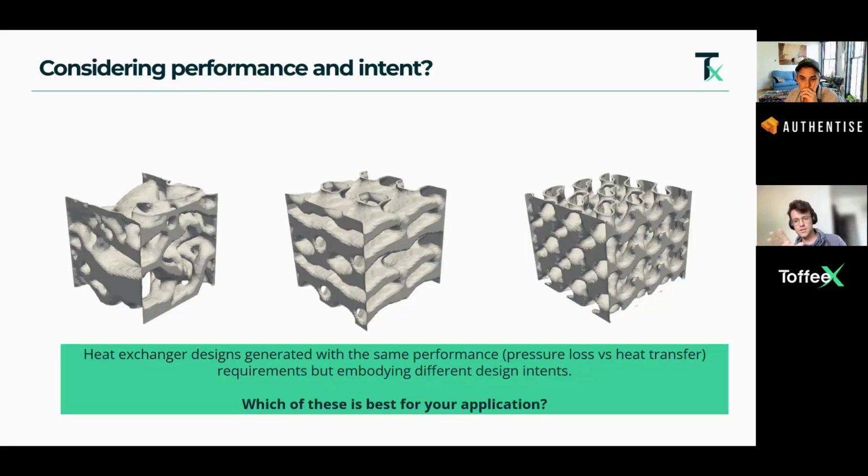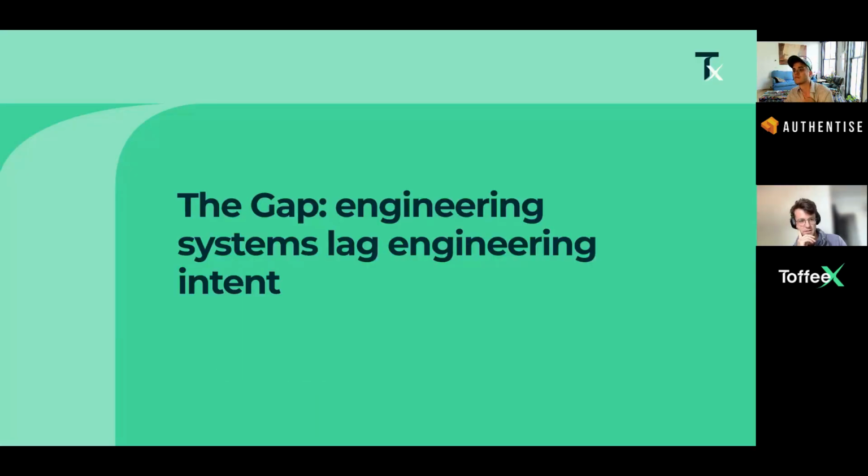So the question now is which of these is best for your application, and what set of rules did you follow to get the answer which is best for your application? It's that richness of information which is the design intent for this specific application. So here's the problem, right? At least we think an automated capture of design intent can really help